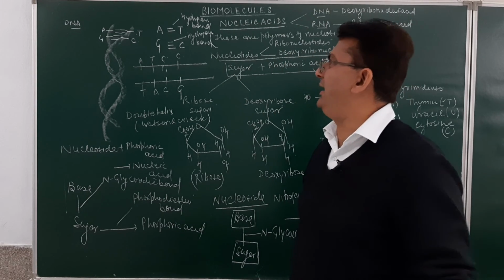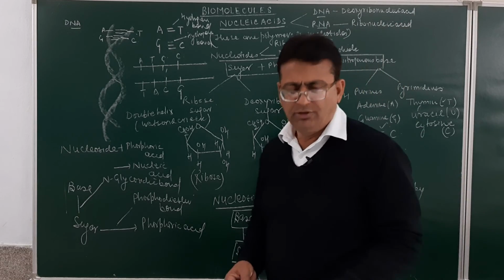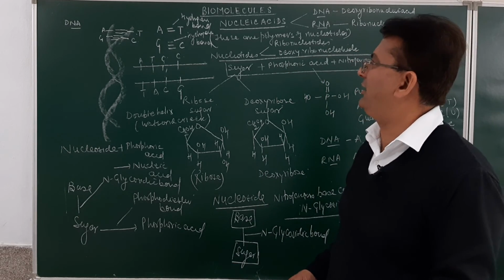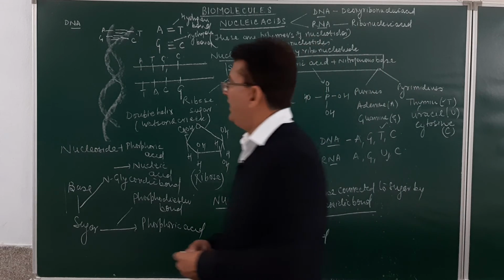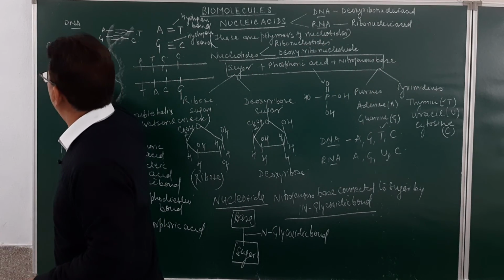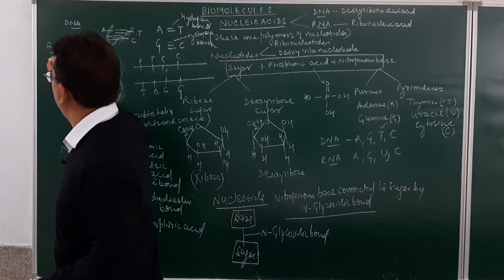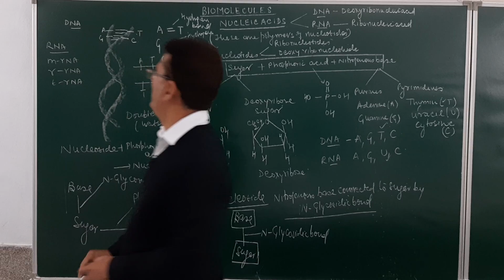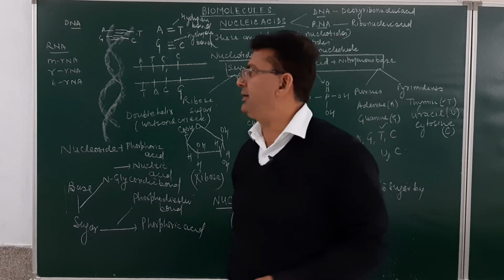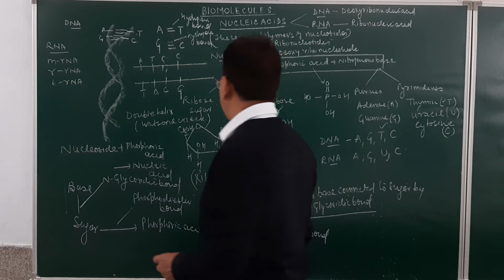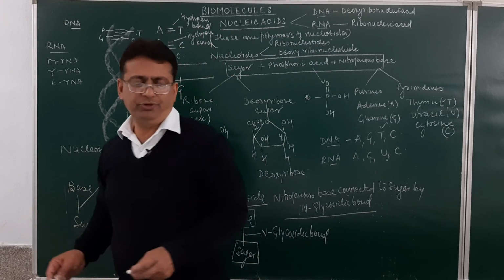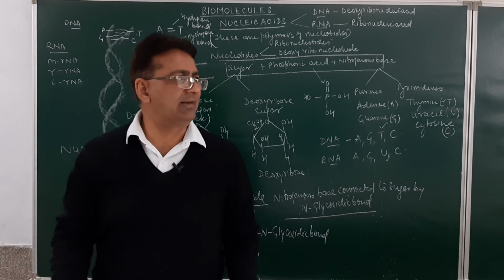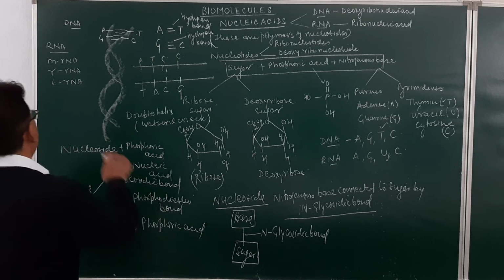Now regarding the RNA, these are having a ribose sugar. Not much is in the syllabus except for the fact that this can be messenger RNA molecule. If we talk about RNA, they can be of three kinds: messenger RNA, ribosomal RNA, and transfer RNA. What is the sugar in the ribonucleic acid? It is ribose sugar.